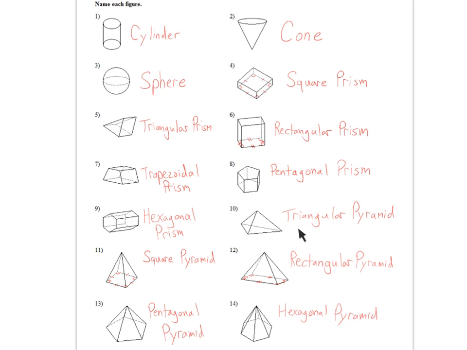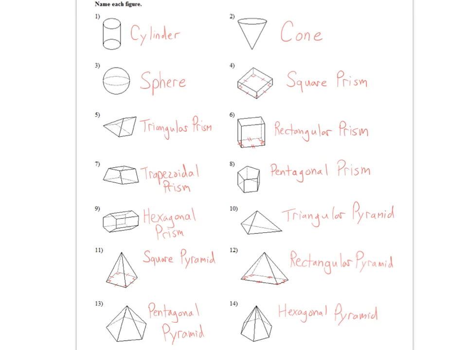Well, for a triangular pyramid, we start with the triangle on the base and go to a point. Square pyramid, we start with the square, go to a point. We start with the rectangle, go to a point. Same thing, got a pentagon on the bottom, go up to a point, and a hexagonal pyramid, start at a hexagon and go up to a point, where all of them go to that tip-top point, like a pyramid in